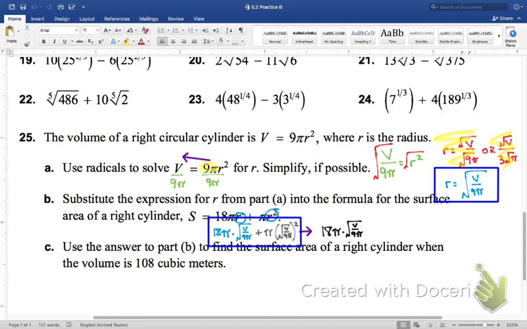Now, what's going to happen to the squared and the square root? It's going to go away, right? Now, second question then, if it goes away, if I have pi times V over 9 pi,